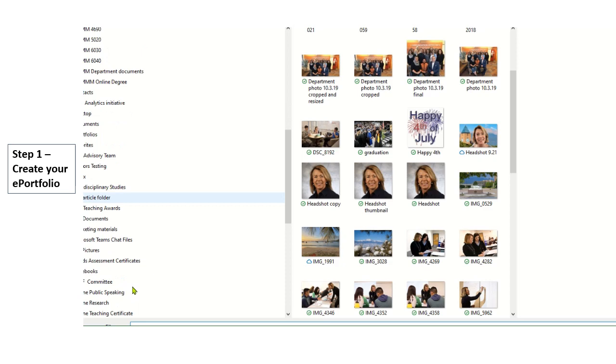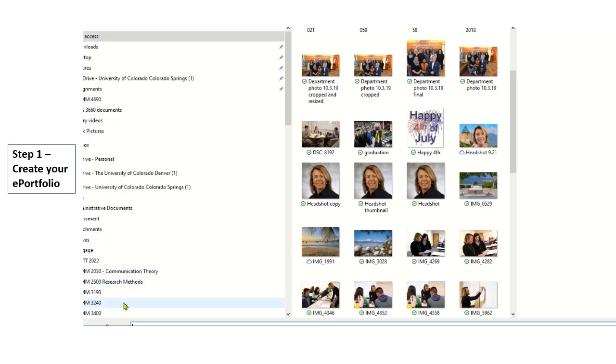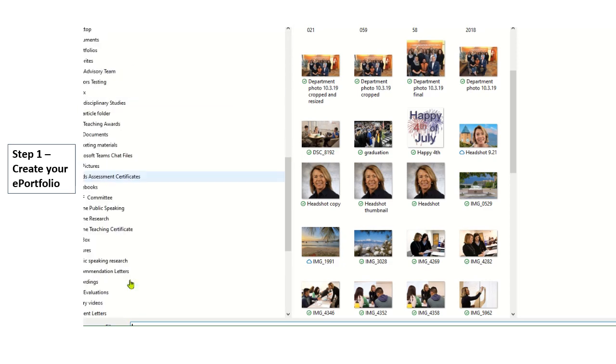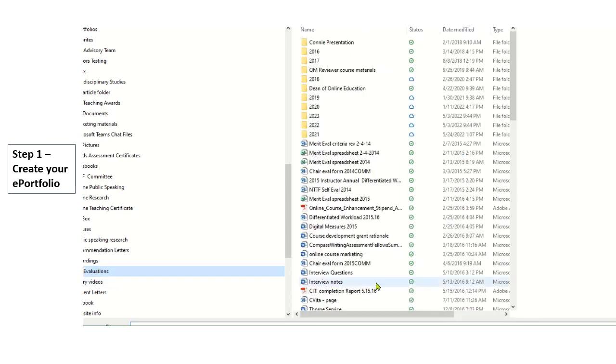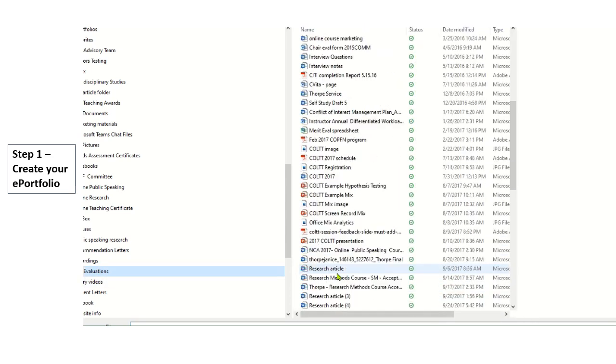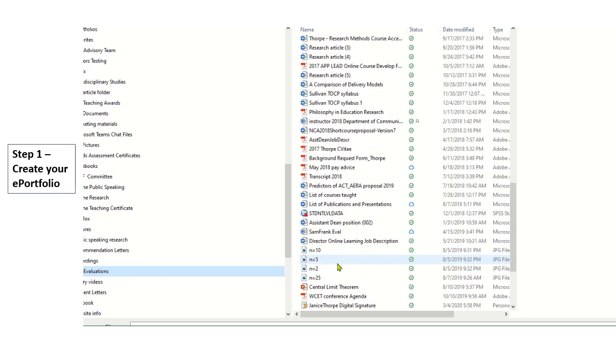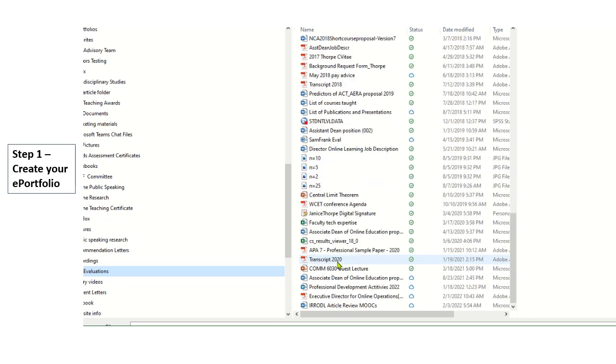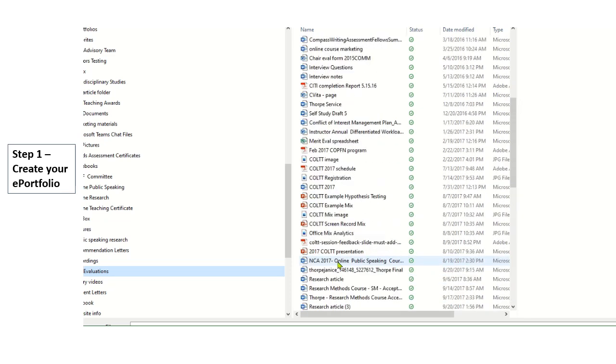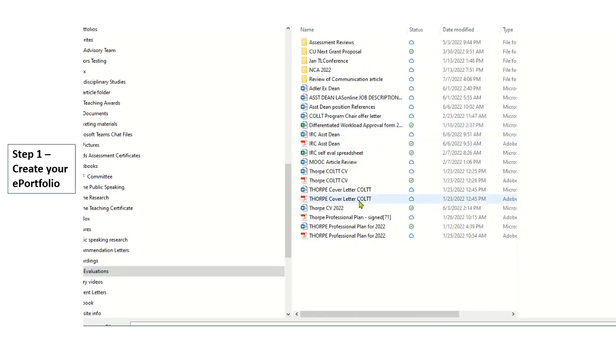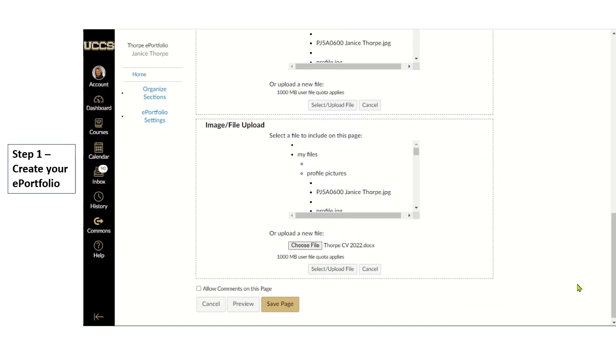Sorry, you can't see the other half of my enormous file folder over here with all my stuff. So I'm just going to go and get a CV of my own, a recent one. I think it says Thorpe CV somewhere around here. I don't know where. Oh, I know where it is. In 2022. And there it is, Thorpe CV, but I do encourage you to use a PDF file